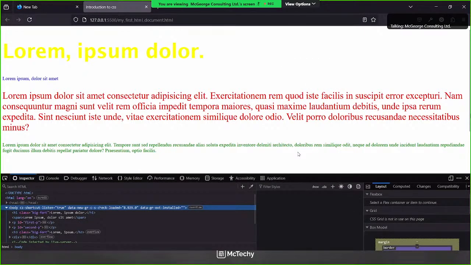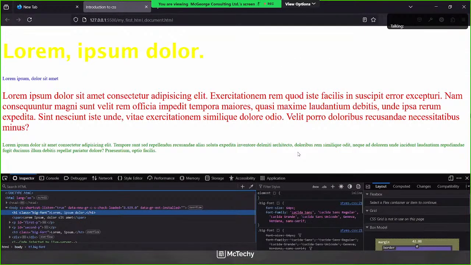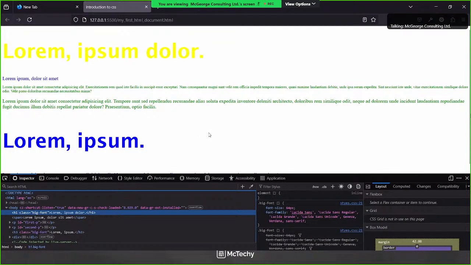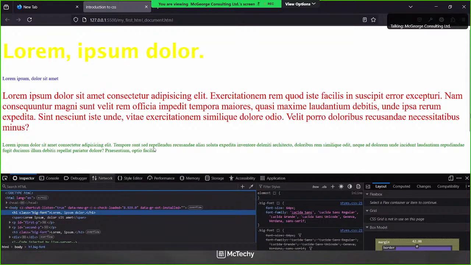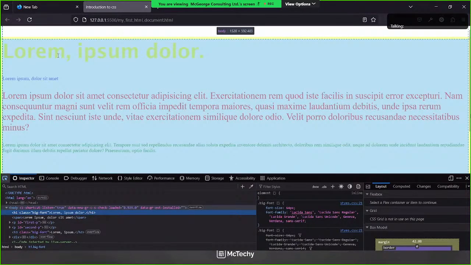So remember, HTML works in boxes. Like the first H1 comes up, the second one goes below, the third one goes below. So they are stacked on top of one another. That's the default flow. And if I inspect, you see that for some elements, the boxes extend the whole width of